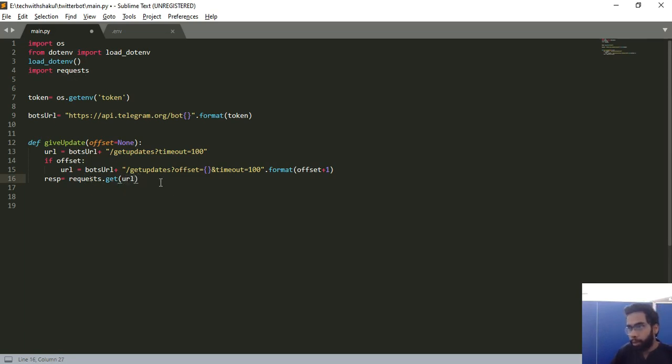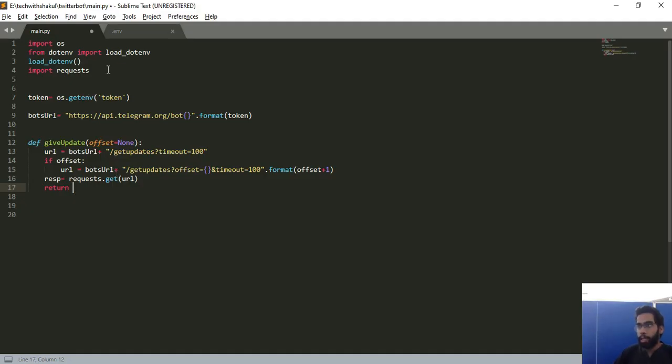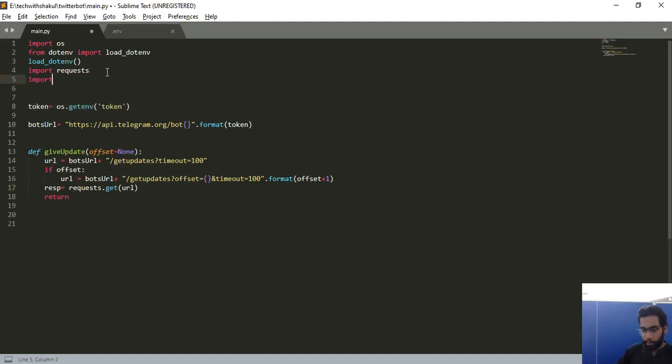I don't need to send any params and all. So this will be my get, and return. So this will send me a string object. I want it to send me a JSON object. For that I'll use the JSON library, import json, and I would do a json.loads, which converts string into JSON. So I'll send out response. Okay, so this will return me the response.